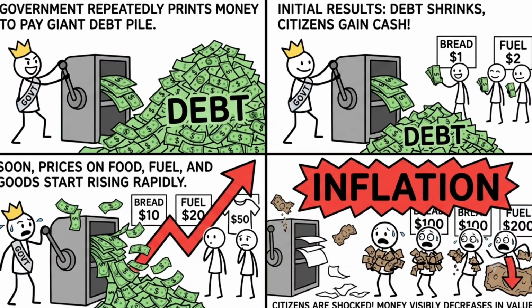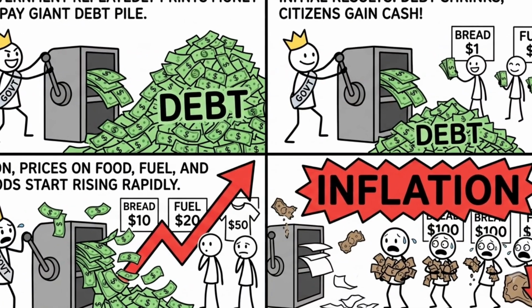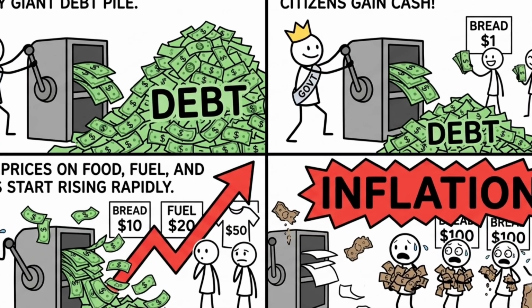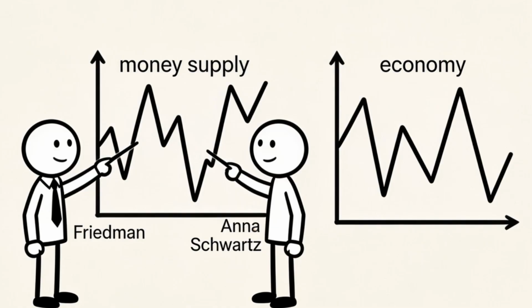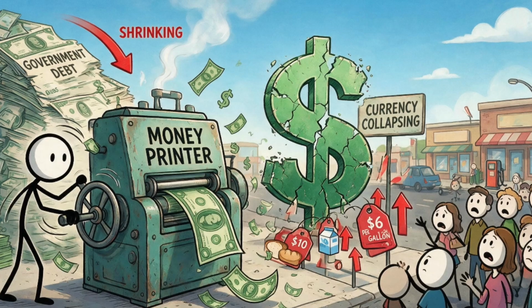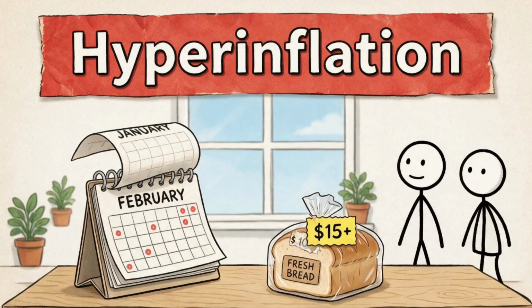When a government ignores this reality and runs the money printers to fund massive debts, the results are catastrophic. Hyperinflation is generally characterized by an inflation rate of greater than 50% per month. It rapidly erodes the value of a currency, which leads to economic stagnation and a total loss of confidence. Historical accounts of the Weimar Republic in the 1920s show how severe inflation wipes out savings and destabilizes society. Inflation becomes not just an economic phenomenon, but a moral one, where trust in institutions deteriorates along with the currency.